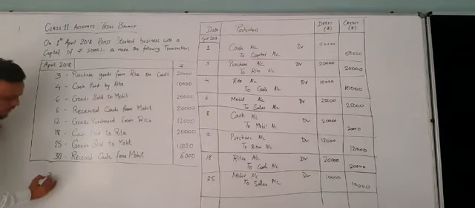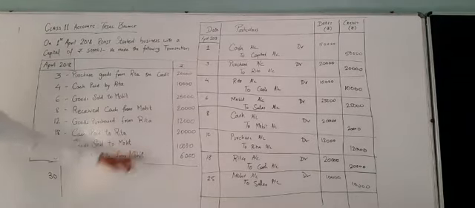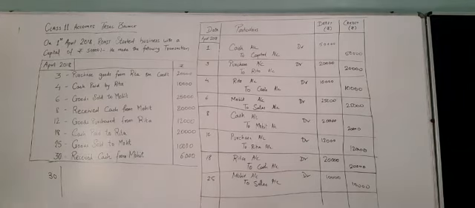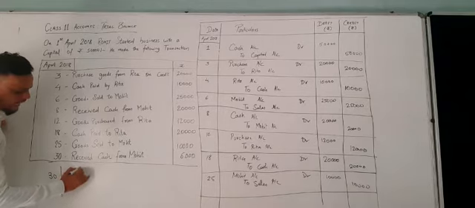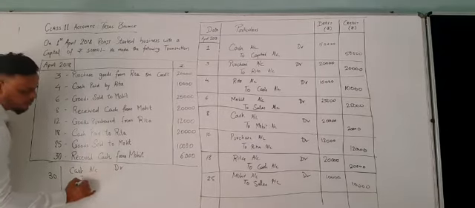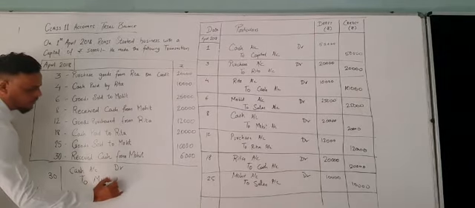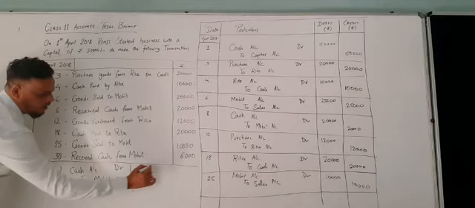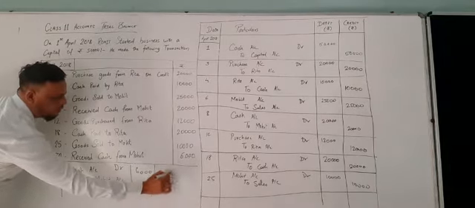Now, on 38th, I am writing the direct entry so you can understand this. It has been said received cash from Mohit of 6,000. So 6,000 money has been received. So what we will do is we will write cash account debit to Mohit account. Amount will be of 6,000 respectively on both sides.